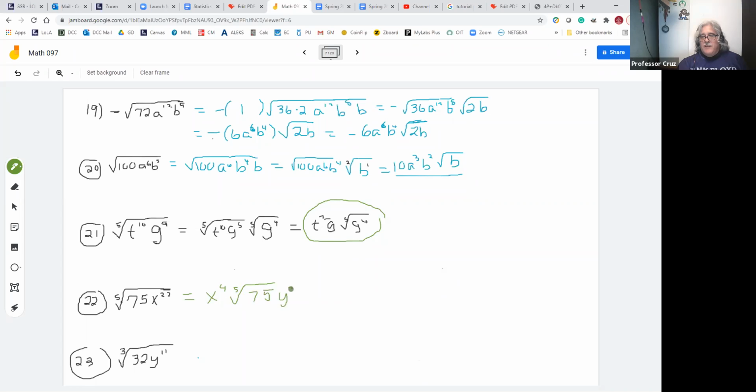And the 75y squared stays inside, because that's the remainder. 5 times 4 is 20, plus 2 is 22. The 75, there's nothing you can do about that. I mean, you could go through trying to find it, but